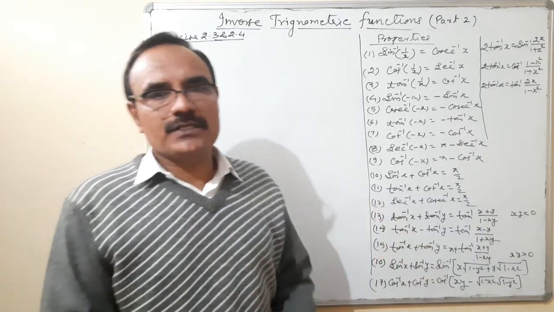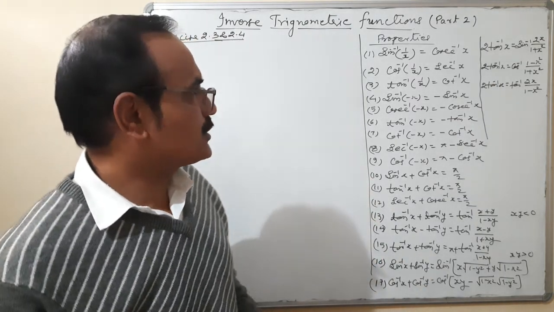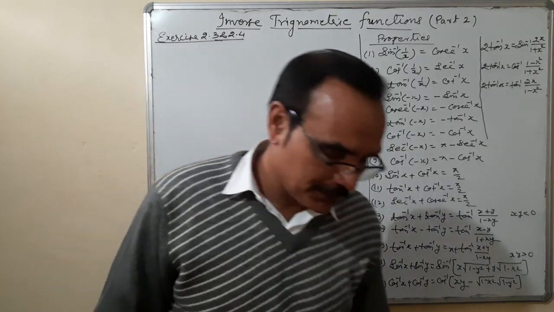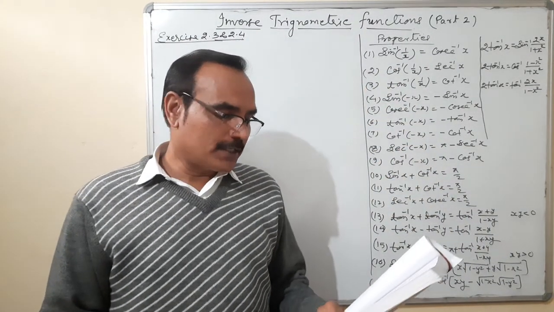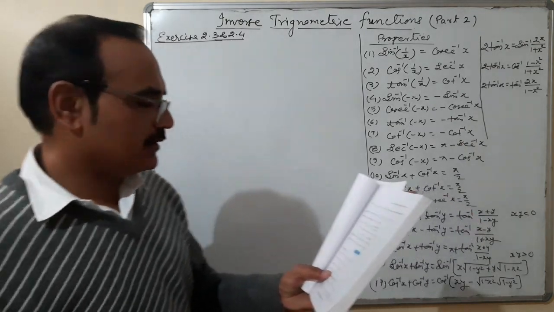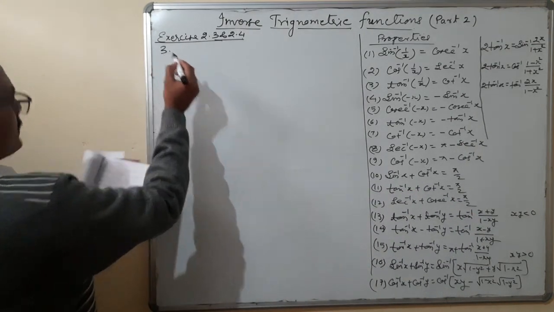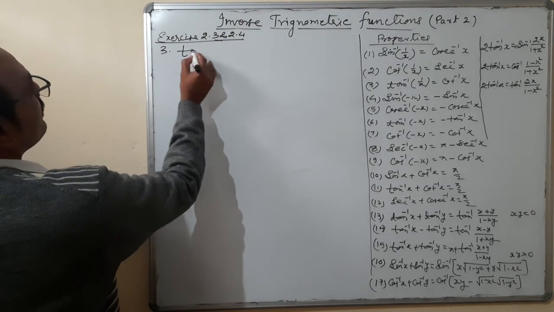Friends, in continuation of part 1, now let us start some questions from exercise 2.3 and 2.4. Properties are there. In exercise 2.3, I am taking a question first, the third: tan inverse 2 upon 11